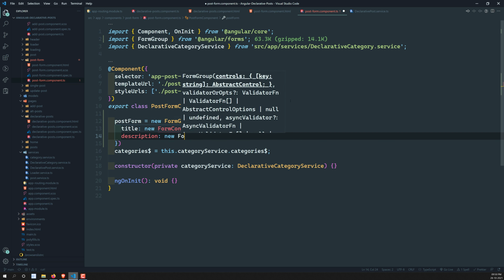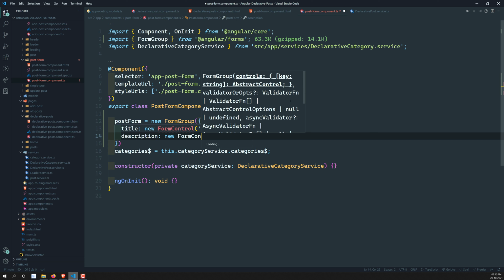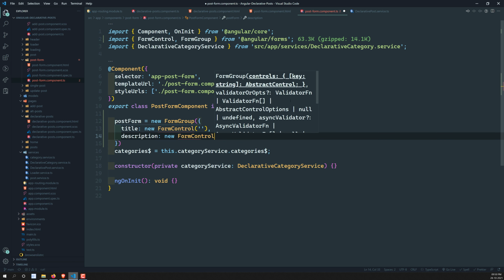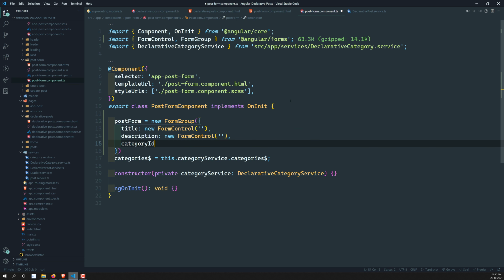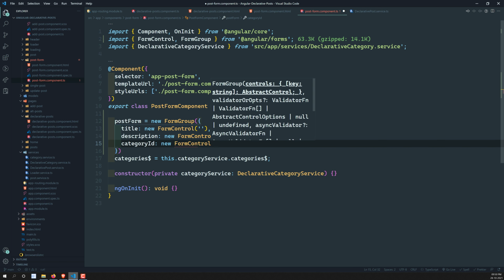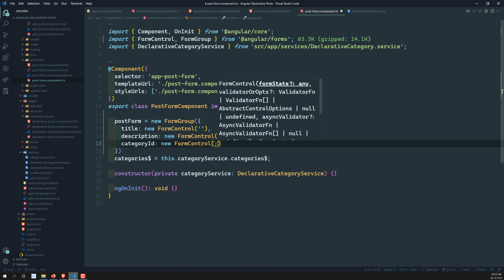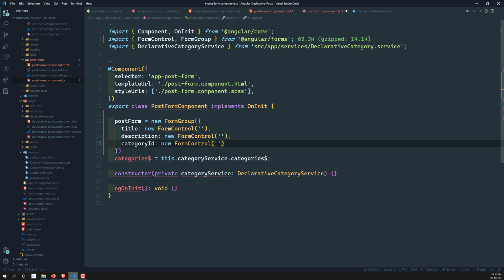I am comfortable with this one, so that is the reason I am using these FormControl and FormGroup classes. So here I can use this one, and categoryId, and this is also of type FormControl. Fine, right? So we have created three form controls.